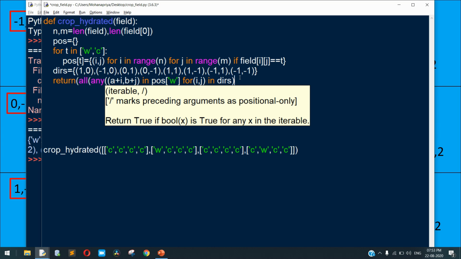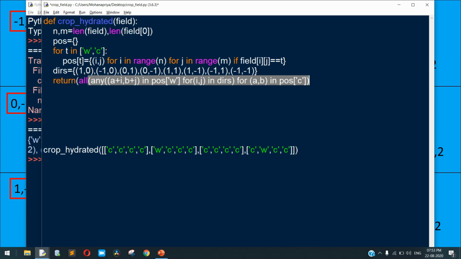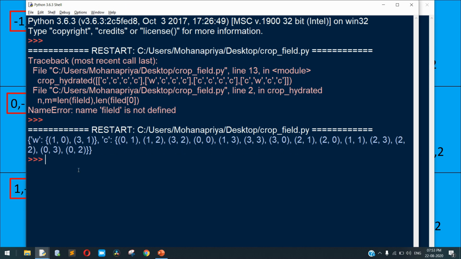And what is the a comma b? So for a comma b in position C, so the key value is C. So here, for a comma b is the position of the C, that we seen in the output. So 0, 1, 1, 2.